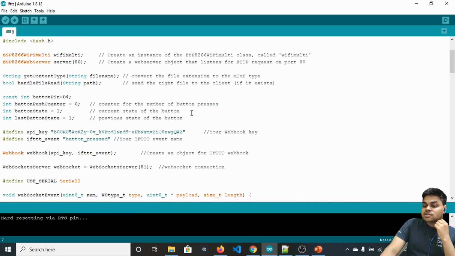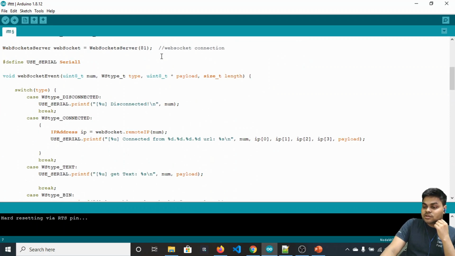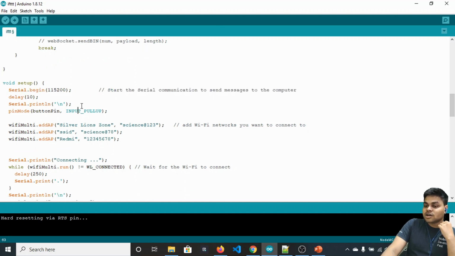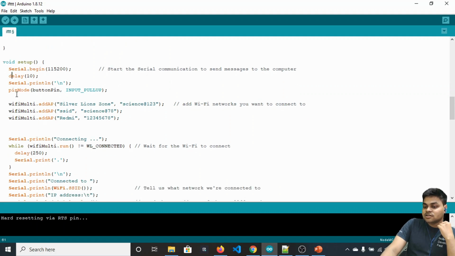So we can see here in the setup part. These things we will discuss later. The setup method is the beginning point of this Arduino sketch. Here we can see we are first initializing the baud rate with the serial monitor, so that we can debug our application. Delay of 10 milliseconds. And we are initializing our button with INPUT_PULLUP. I have already discussed that we are setting this button in input pull up mode, so that we don't need any 10k ohm resistor connected with it.